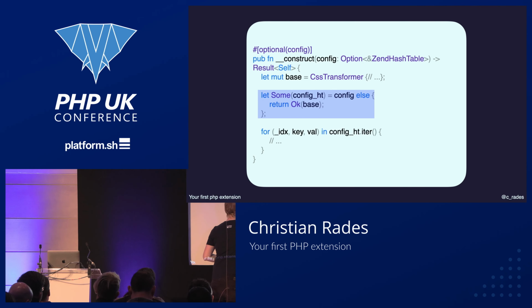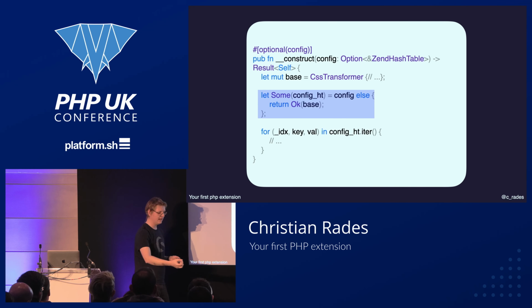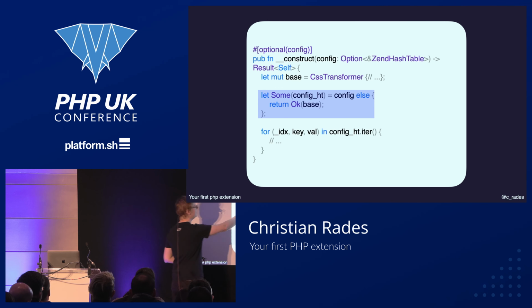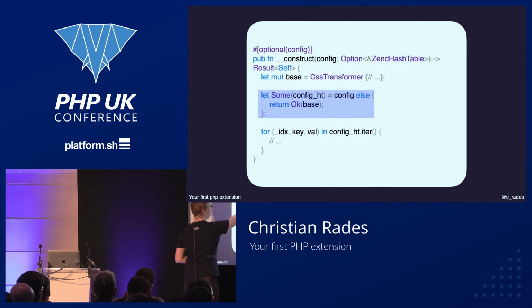And our config value is the option. And what this thing here does is it takes the config option and it tries to match it to this block. So if the config is Some, it will assign whatever is in this Some value to the variable config